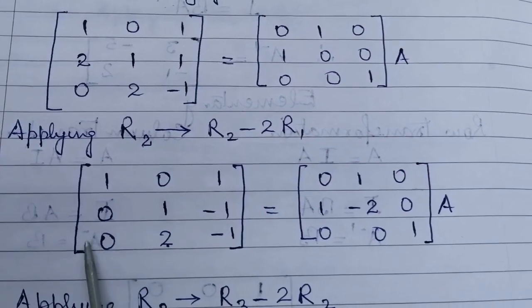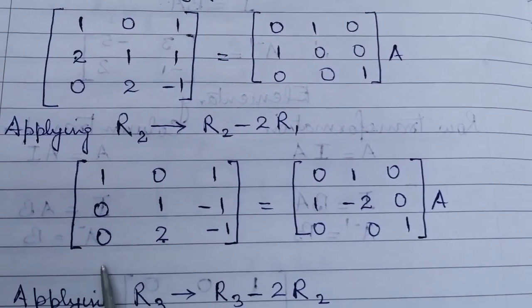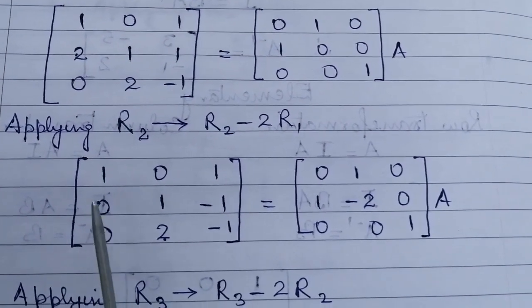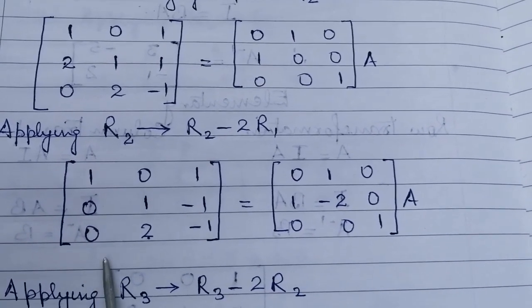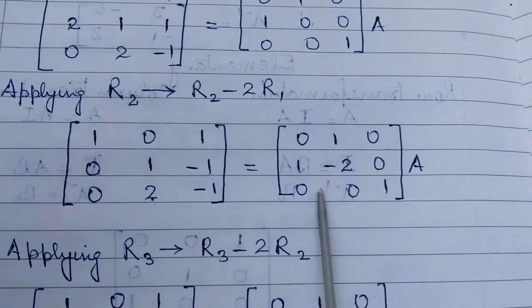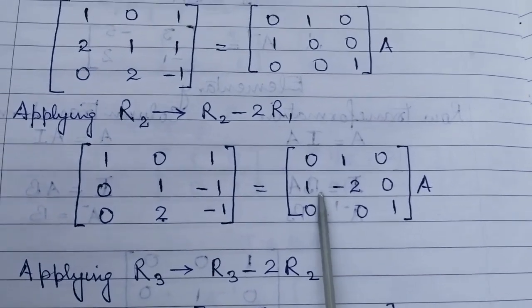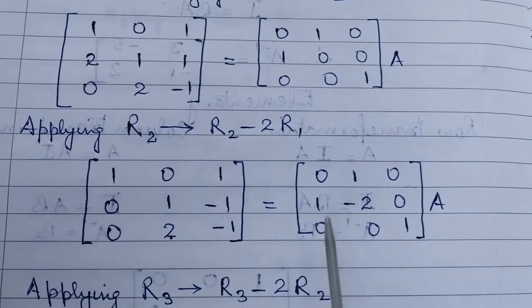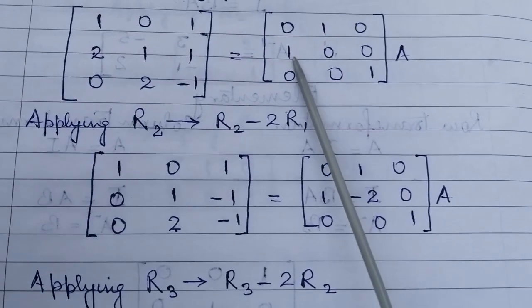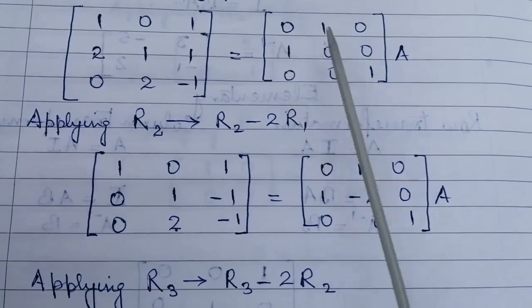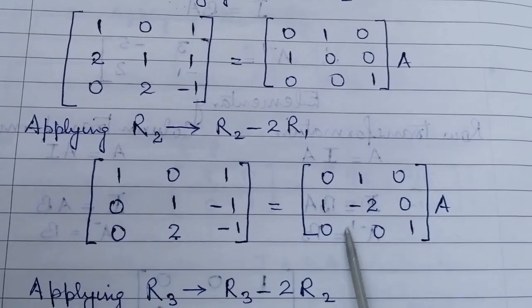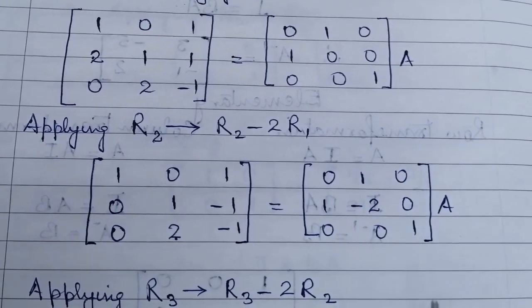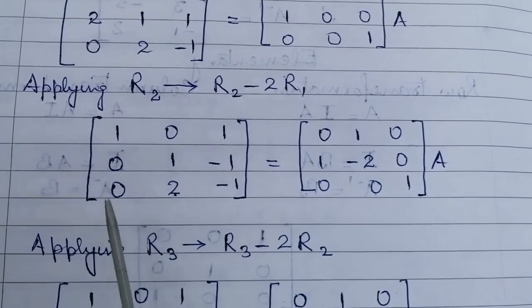Now here by chance we are already having 0 here, so good for us, because at third number we were to make this element 0, right? Same operation I have applied on the identity matrix here also. So if you see, 1 minus 0 into 2 will be 1 only, 0 minus 2 into 1 will be minus 2, and 0 minus 0 will be 0 only. Fine. Now 1, 2, 3 we have changed.